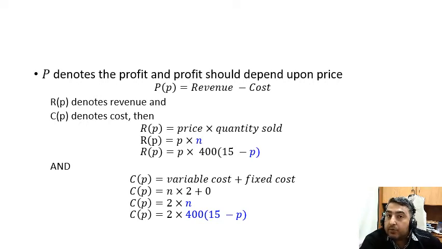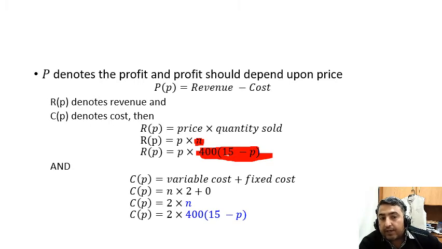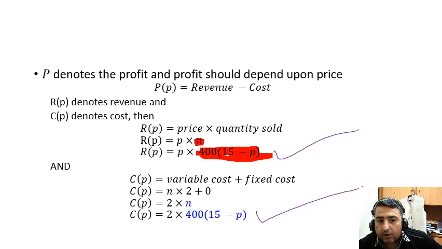Now the revenue is equal to price times quantity sold, meaning P times N, as I mentioned, and N was already defined in the previous slide, which is 400 times (15 minus P). This is N, and this is the formula for N from the previous slide. So this is revenue: P times 400 times (15 minus P). Again, cost is variable cost plus fixed cost. Fixed cost is 0, variable cost is 2 for each radio, and if we have N radios, with N equal to 400 times (15 minus P), then this is CP. Okay, so we only need to focus now on these two expressions. We have to subtract cost from revenue, so this will be